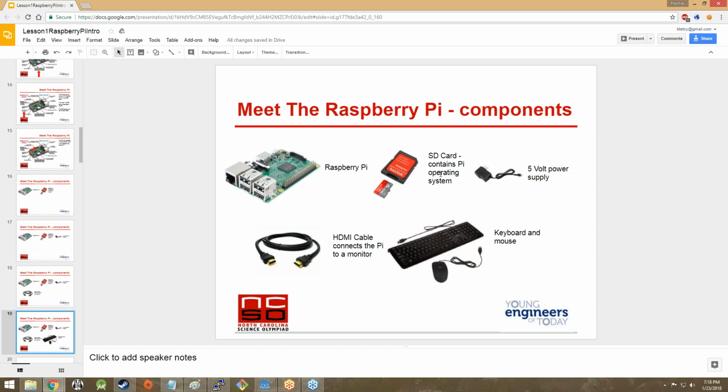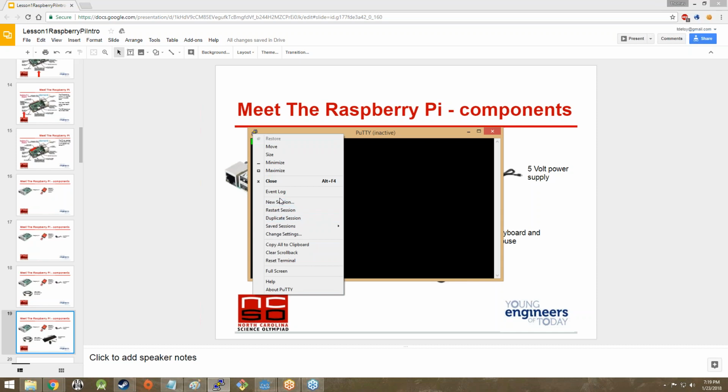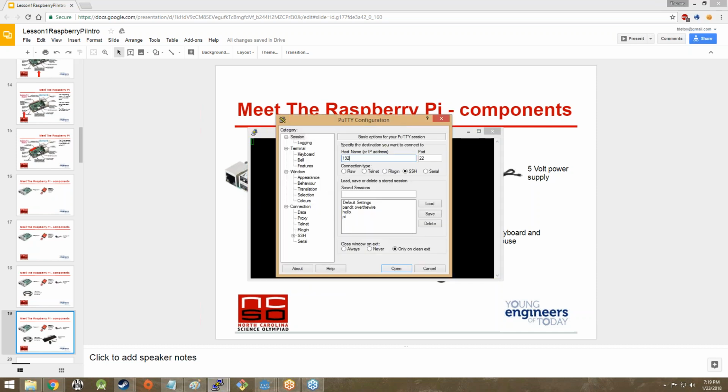just to make sure. You've got an HDMI cable that connects the Pi to a monitor. You'll want to be able to connect the Pi to a monitor, and you'll want a keyboard and mouse because it is a computer. You need a keyboard and mouse for your regular computer, and that's how you're going to be able to control it, at least at first. Again, you can do some neat things like get it hooked up to the network, and so then instead of doing that, I can connect to it